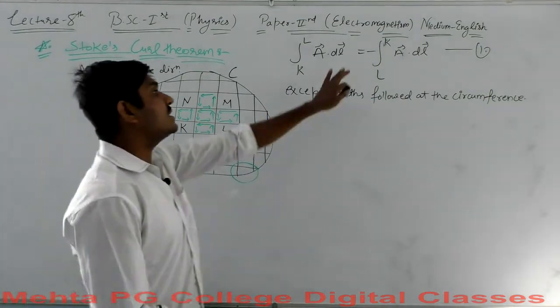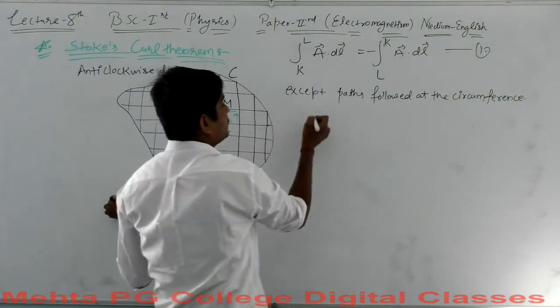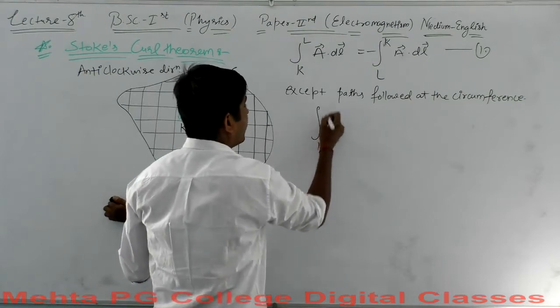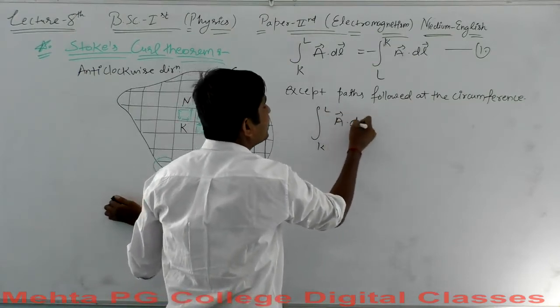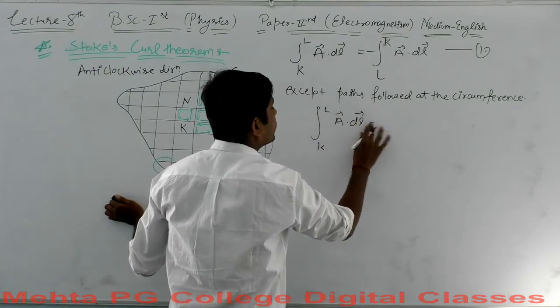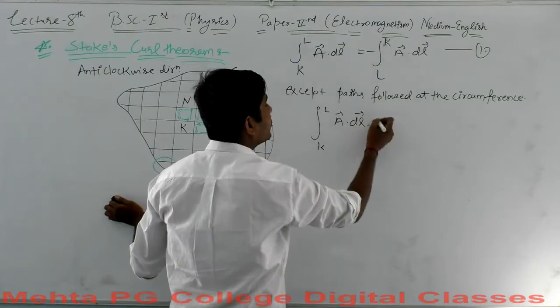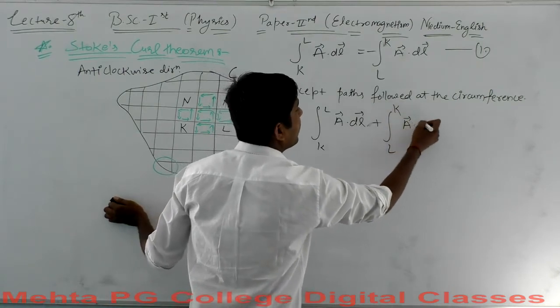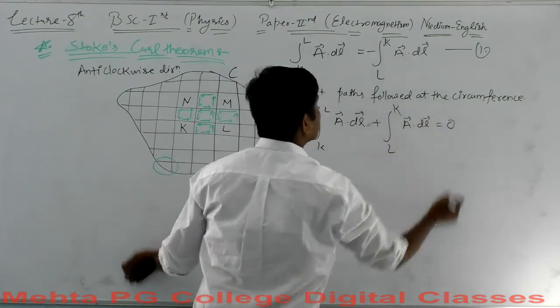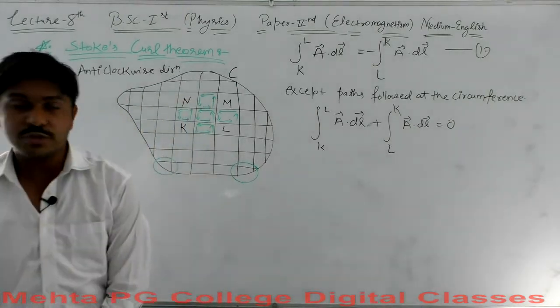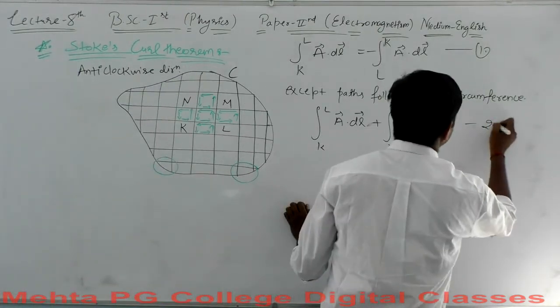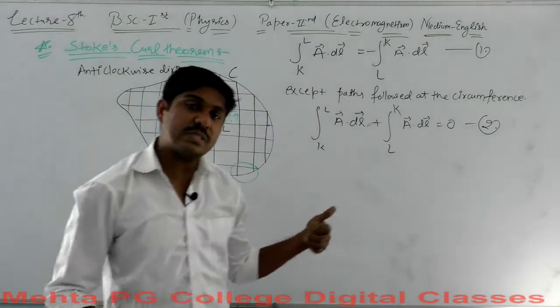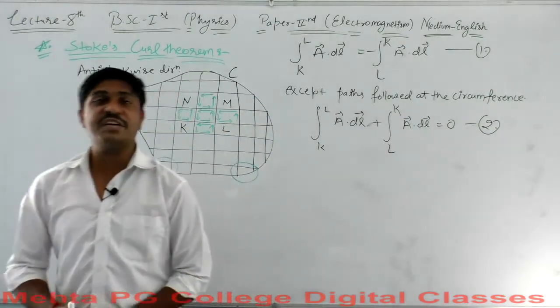Okay, if this equation is true, then the path k to L followed by the same vector A dot dl, this is negative, I can put it here, L to k, A vector dot dl vector, this will equal 0. Yes, this will approach 0. You can certainly say this is equation 2. This is simple mathematical calculus. I don't think I need to explain anything else.